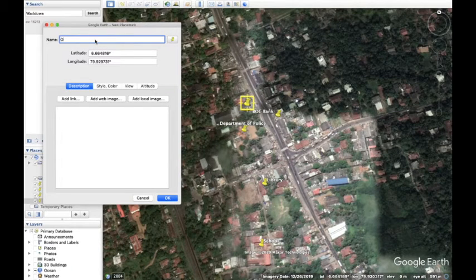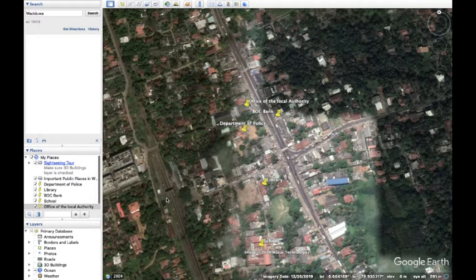Let's mark it as Office of the Local Authority. Now we have marked 5 places at the Wadduwa town area. Now all these 5 places are in different layers.